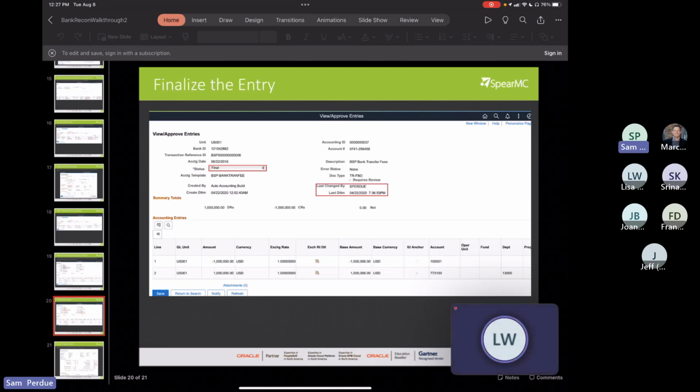And keep in mind, right now, I'm contextualizing this around the bank reconciliation. These accounting templates and everything get used all over cash management. In a few minutes, in my next slide deck, I'll show you how accounting templates are used for wires and EFTs and that sort of thing. But you always have that opportunity, especially if you have the requires review flag checked,